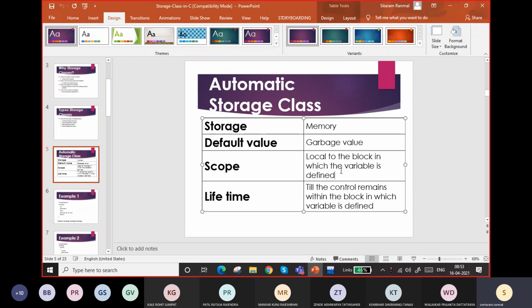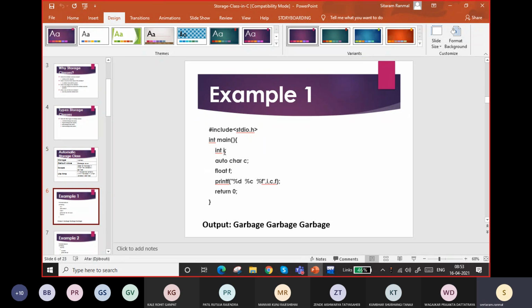And what is the scope of that? Suppose this variable is declared in this block. What is a block? A block is nothing but code bounded by curly braces. So if this variable is allocated within these two curly braces, its scope is within them. Only within these curly braces is this variable available, not outside. Remember this. So if you compile this,